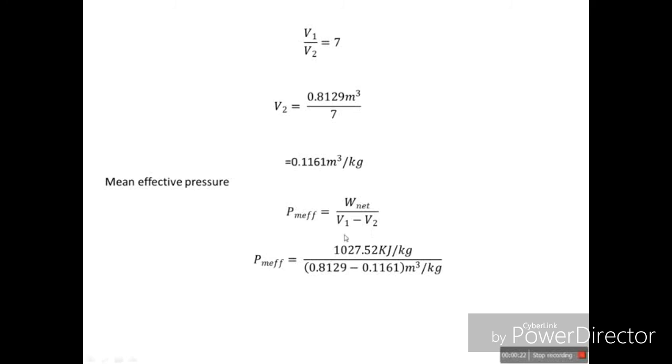Substituting the values, we have 1027.52 kilojoule per kilogram all over 0.8129 minus 0.1161 cubic meter per kilogram. Calculating, we will arrive at the answer MEP is equal to 1,474.6269 kilopascal. For the recap of the solved values, we have temperature 3, which is equal to